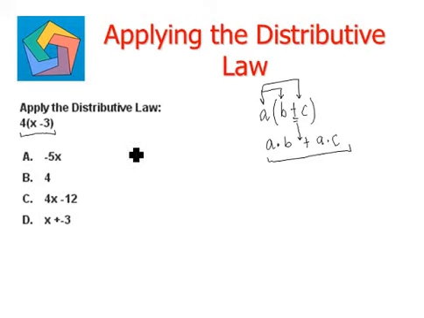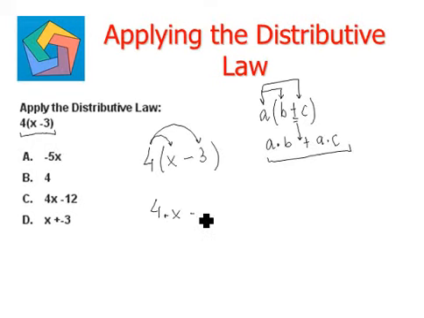So let's apply this basic distributive law and see what the solution is for the question given. We're given 4 times x minus 3. Now as per the distributive law, 4 is first multiplied by x and then 4 is multiplied by 3. So let's do this. 4 times x